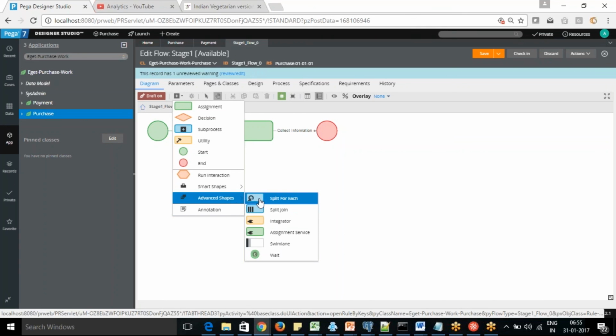Swimlane. Yeah, Swimlane. Before, when Pega 5 and Pega 6 were there, how were you going to define your business process? We were defining it in a Swimlane. But when case management came into the picture, Swimlane is not used that much. In earlier days, in Pega 5 and Pega 6, when case management was not there, we were designing the complete business case user story in a Swimlane. But now the Swimlane is reduced. They're not using Swimlane that much.